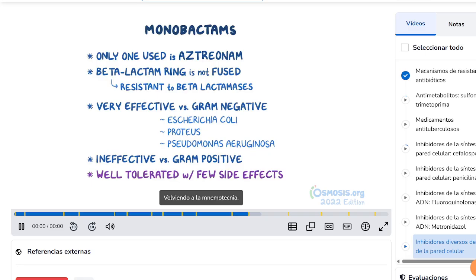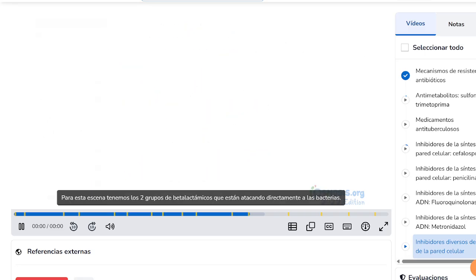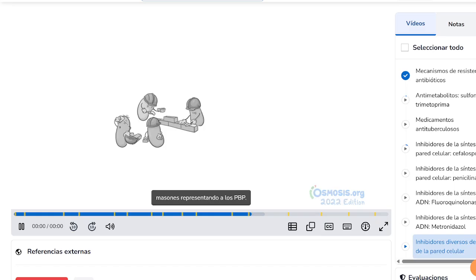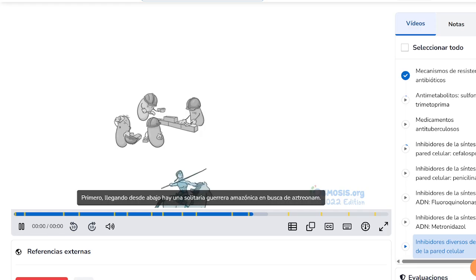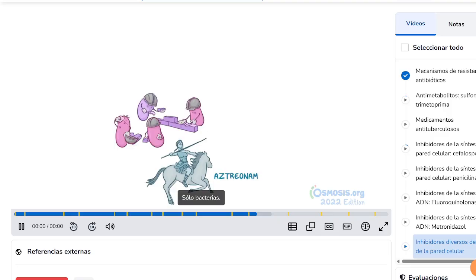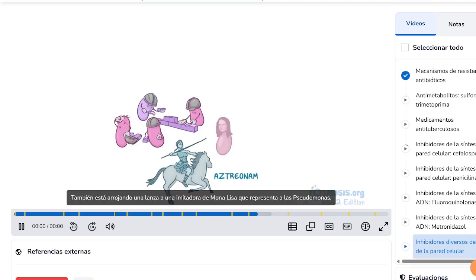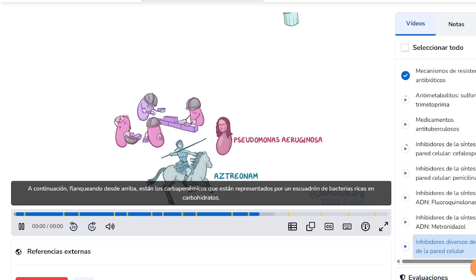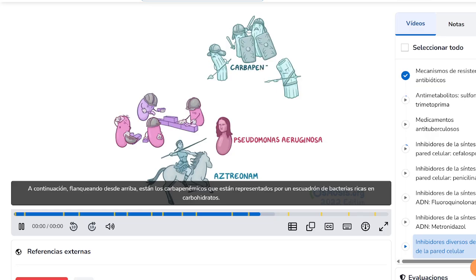Once again, back to the mnemonic. For this scene, we have the two groups of beta-lactams that are directly assaulting the bacteria masons representing the PBPs. First, coming in from the bottom, is a lone Amazon warrior for aztreonam. She's only attacking pink-colored masons because it's effective against gram-negative bacteria only. She's also throwing a spear at a Mona Lisa look-alike representing Pseudomonas. Next, flanking from the top, are the carbapenems,